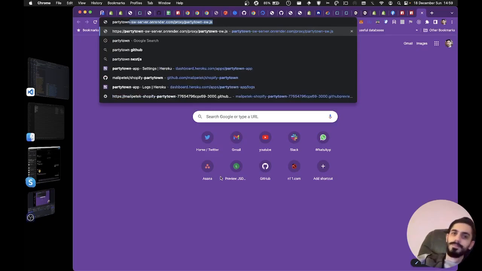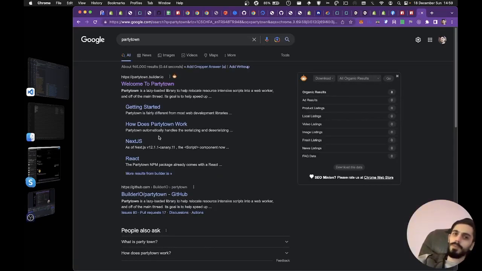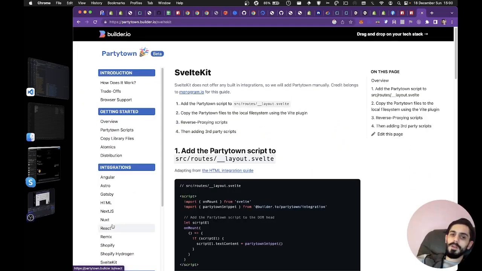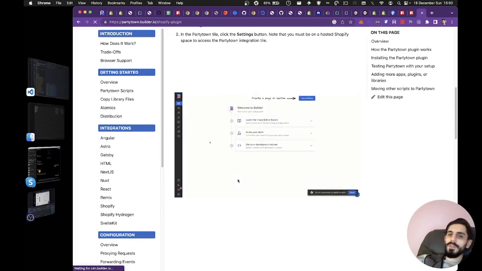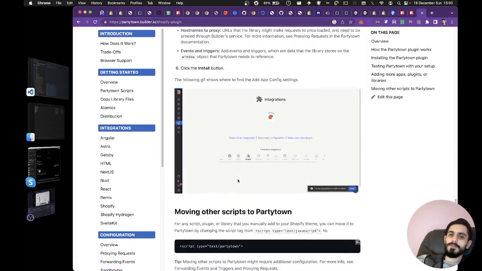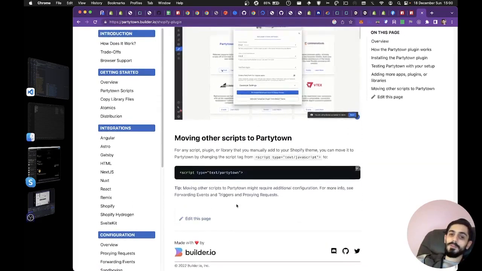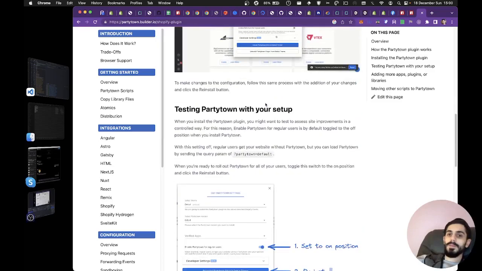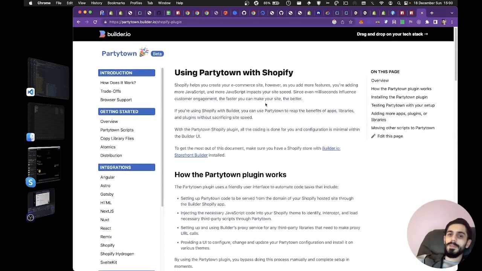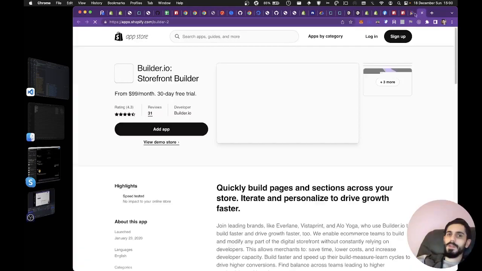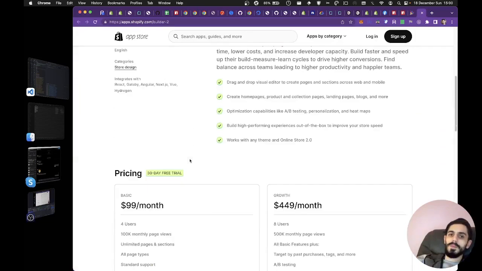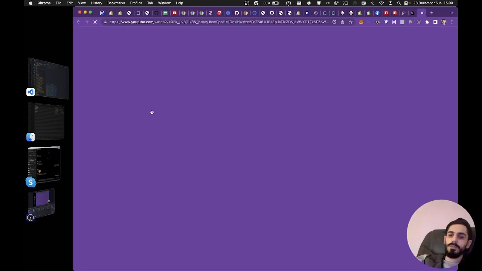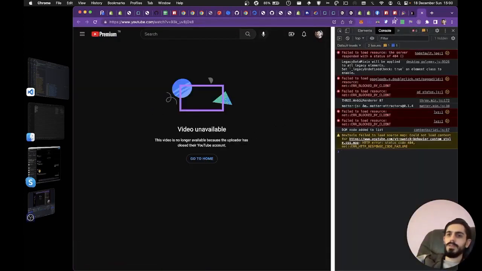I assume you guys know what Partytown is, and when you go here, you go to the Shopify section, and it basically tells you to install their app. But if you see their app, this one, they had a demo store, I guess. Yeah, it's here. So if you inspect this,